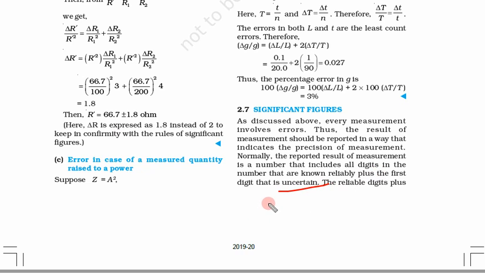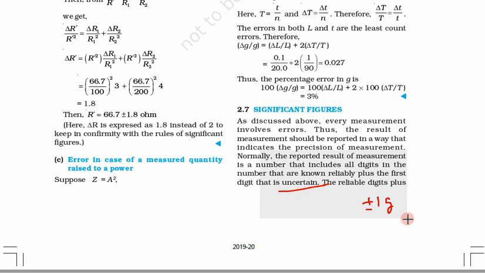What will happen if a person measures this mass with a scale of precision plus minus 1 gram and reports the result like this? Somebody may think that he or she has measured this mass with a very precise instrument, which can measure mass up to three digits after the decimal, but he or she hasn't done that. So this will give us a false sense that this measurement is very accurate, but it is not.